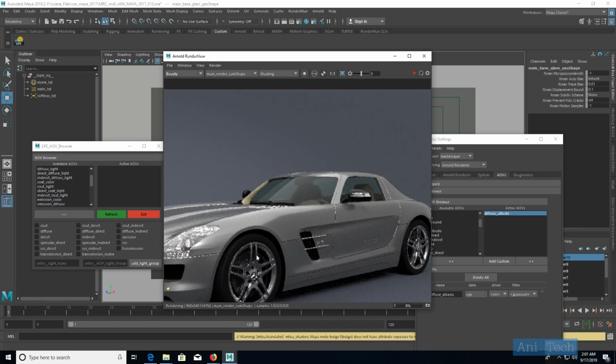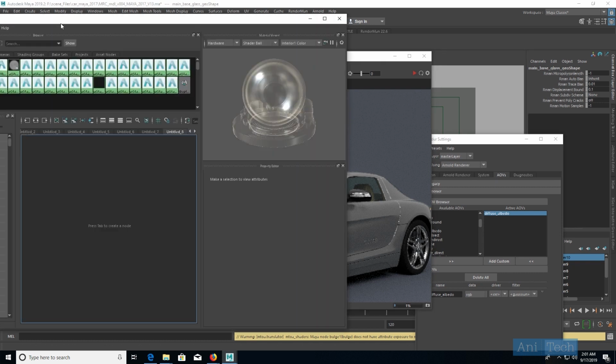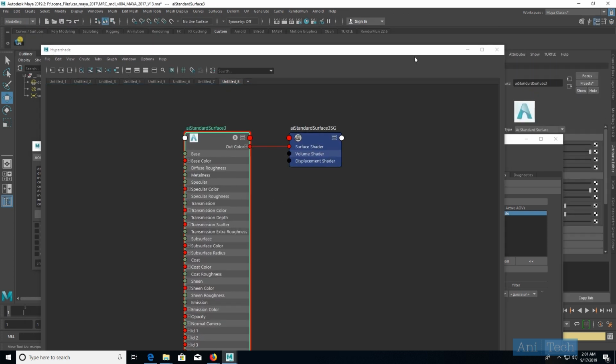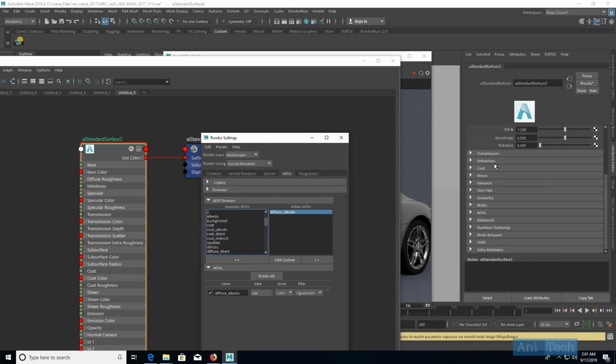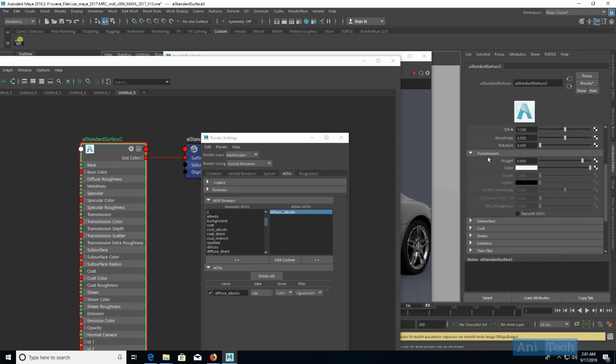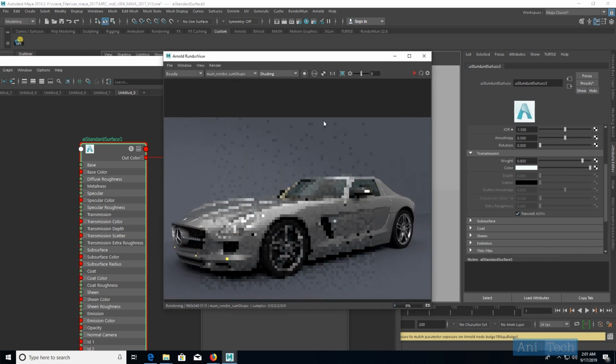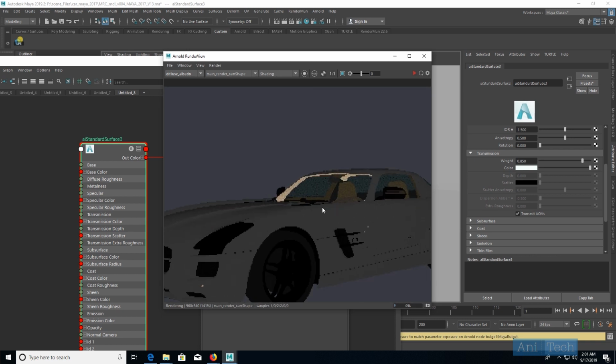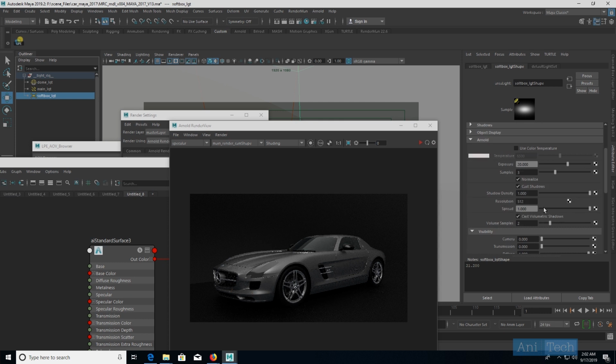If I select the object and go in my Hypershade and select the shader, there is an option, transmission, transmit AOVs. Once I click yes over here and re-render, hope we'll get this. Yes, so we just saw over here,